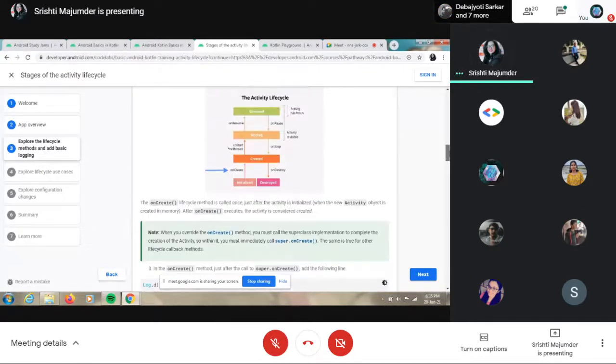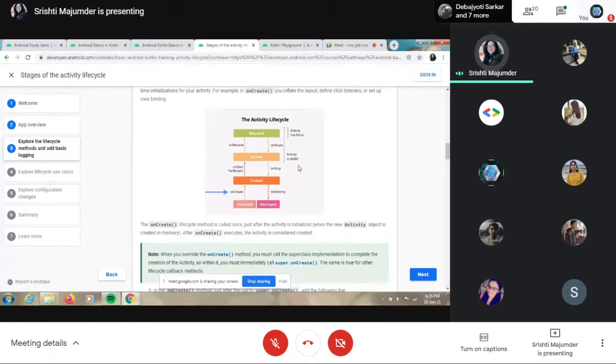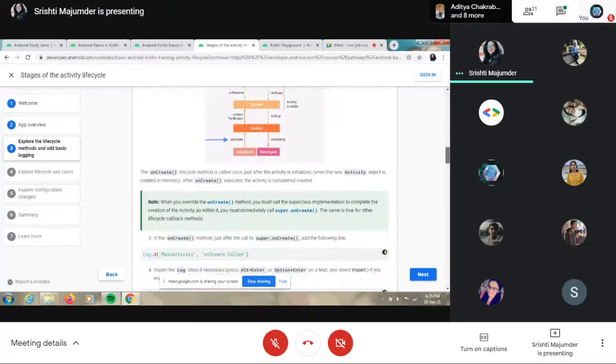Okay, so actually there's not much coding here. It's just a complete lifecycle: you do onCreate, you create, then you do onStart, you start. Then there are many functions that you have to perform. onCreate is one function that we created earlier. You do onStart, then onResume, then onPause, onStop, and onDestroy. That's it.